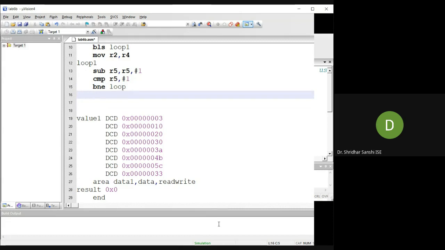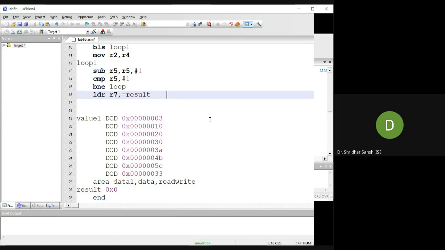Here, first I need to get the address where exactly this result is stored. I'll put that value in some register, say R7, R7 equal to result. So the address where this variable is stored will be loaded into register R7.